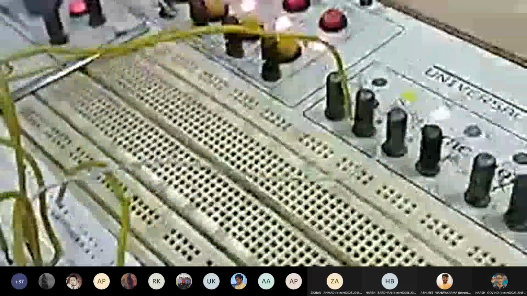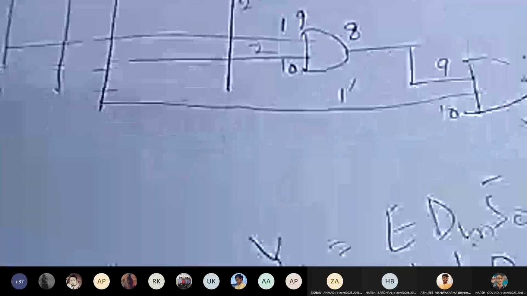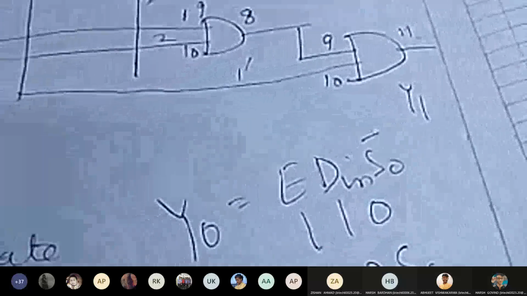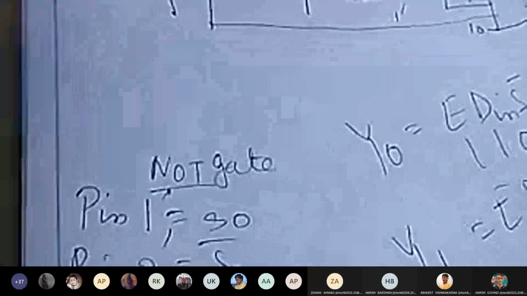Okay. So now we will set S0, and according to that we will give the values. So now 1, 1, and 1. Okay. So all the values are 1. So what will be the output, Y0 or Y1? If we are taking E, D, and S0, 1, 1, 1, what will be the output? Y1. It is correct. So see, this is your Y1, it is connected from here. See, Y1 is at pin 11. So this white wire is at pin 11. Okay. So it has been connected from here.